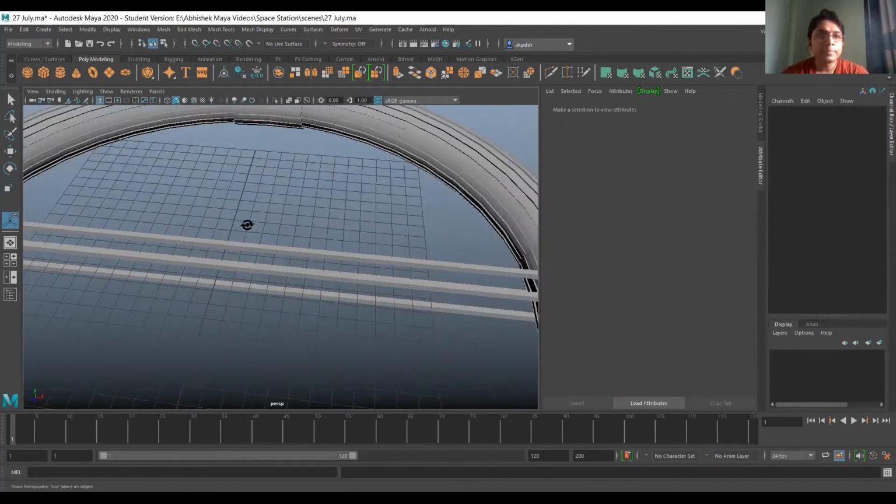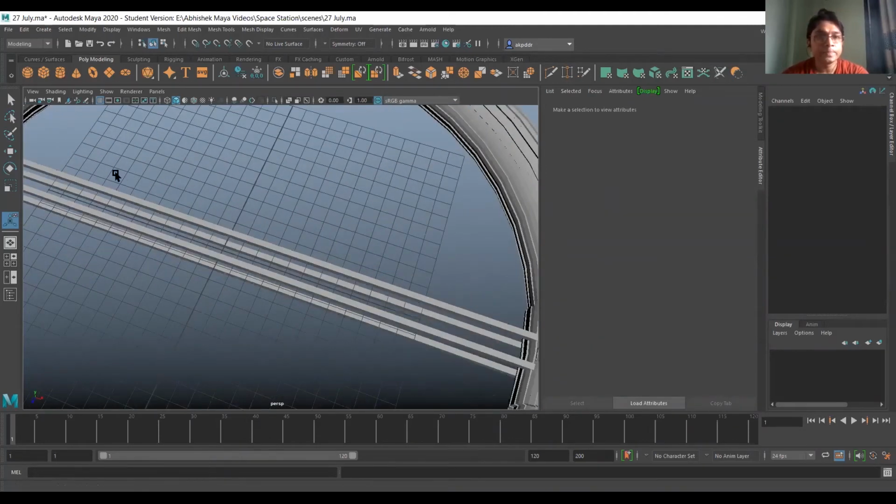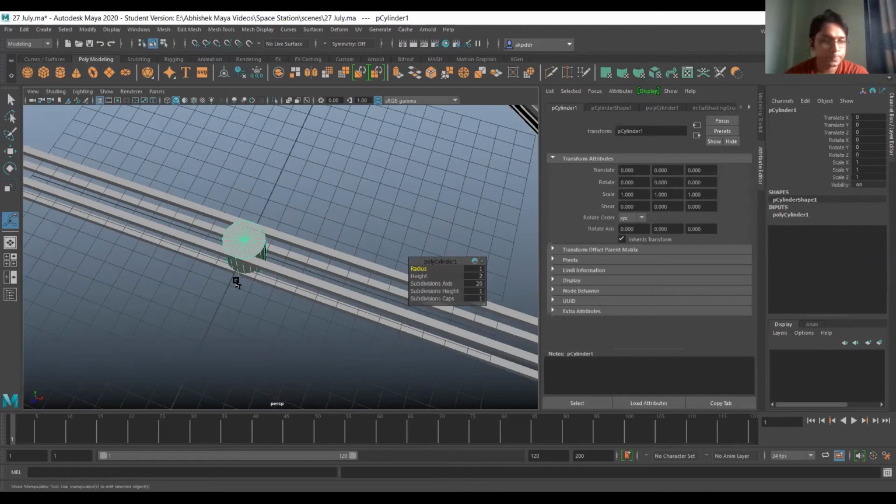Now the next step, I will take a cylinder. I'll give the value rotate X 45 and rotate Z 90.